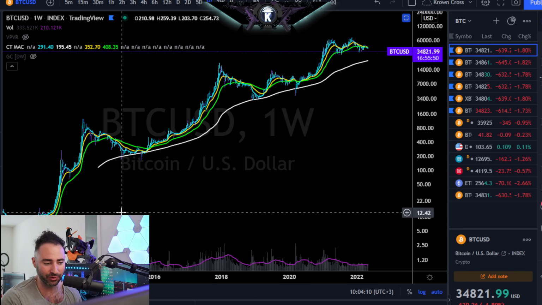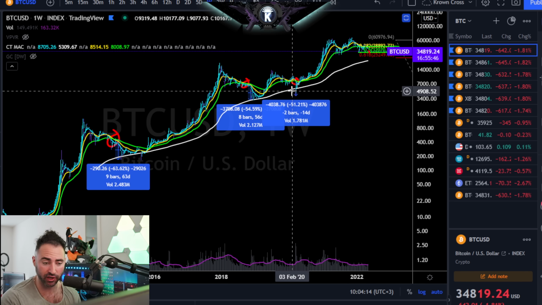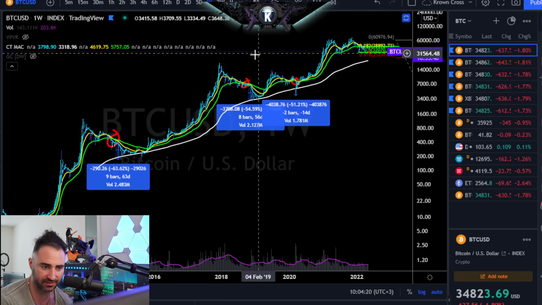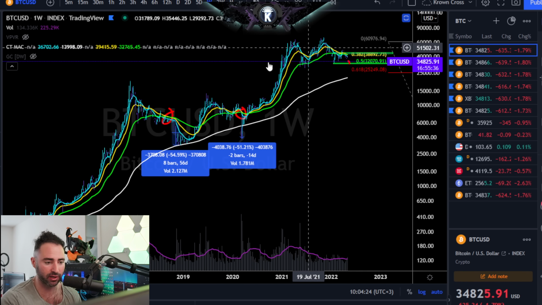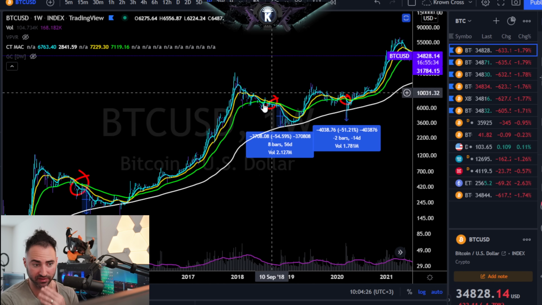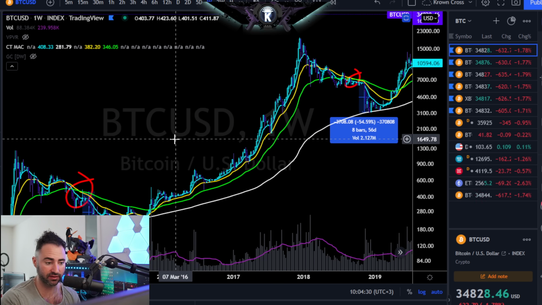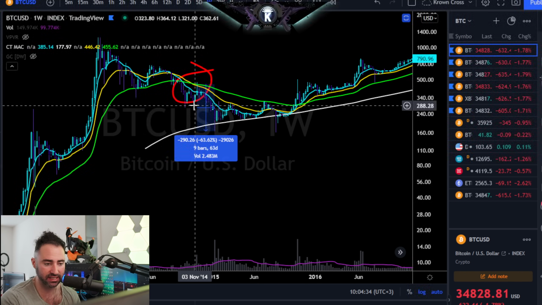Now, to be fair, there's only a couple, or actually 3 iterations of this. One of them terrible, but that was during a bit of a black swan. We aren't really seeing the same thing right now, that is different than this, at least in my humble opinion. Other than that, we've seen it a couple other times, and it's typically been at the end of a major market cycle. This first one coming in over here from 2014 in November.